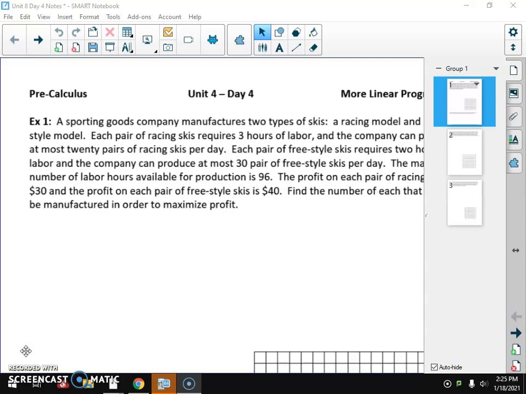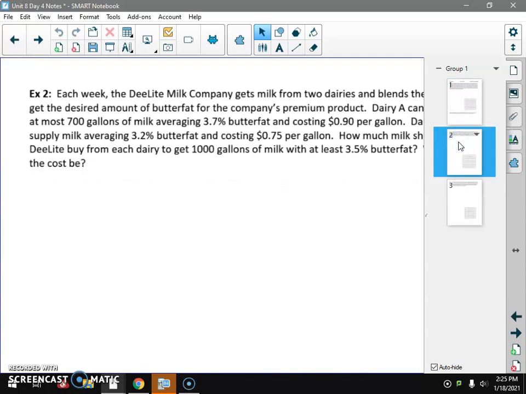What I want to do is skip number 1 because it's a little bit more straightforward like we've been using, and I want to instead do example 2. It's very appropriate because it helps you with your project in particular, and you may want to write this down when you're dealing with,